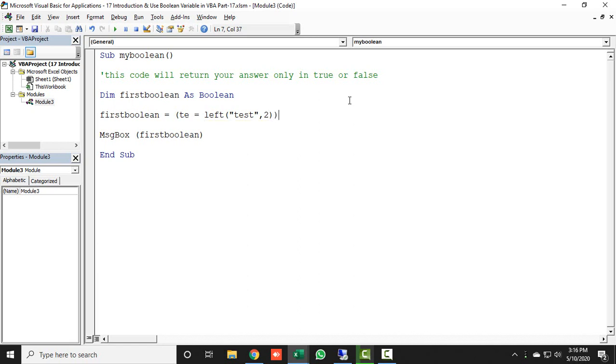So I'm checking in this formula, I am putting the Left formula and testing. Could you please tell me in this VBA, in test, whether the first 2 alphabets from the left side are equal to TE or not? If it is TE, then it will return true, otherwise it will return false.